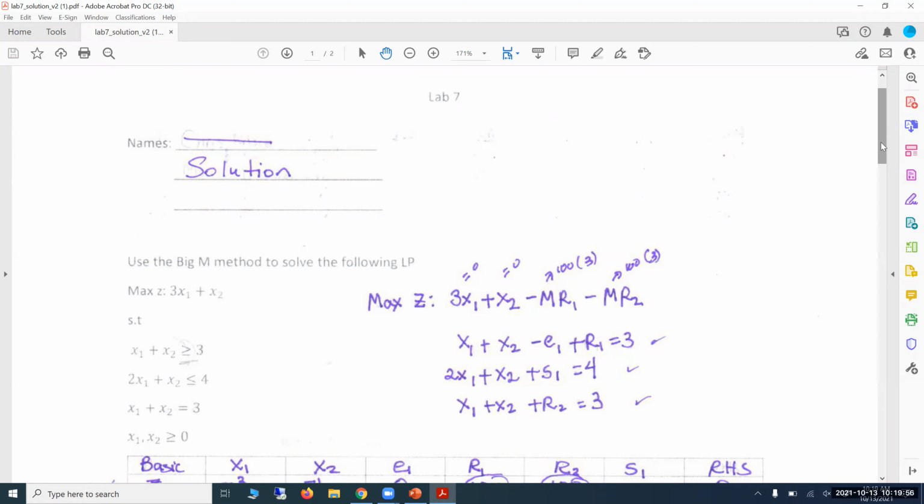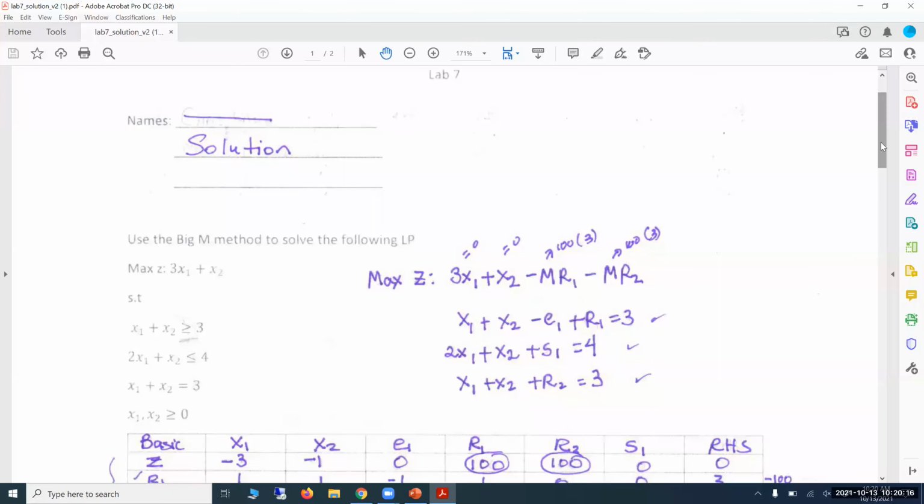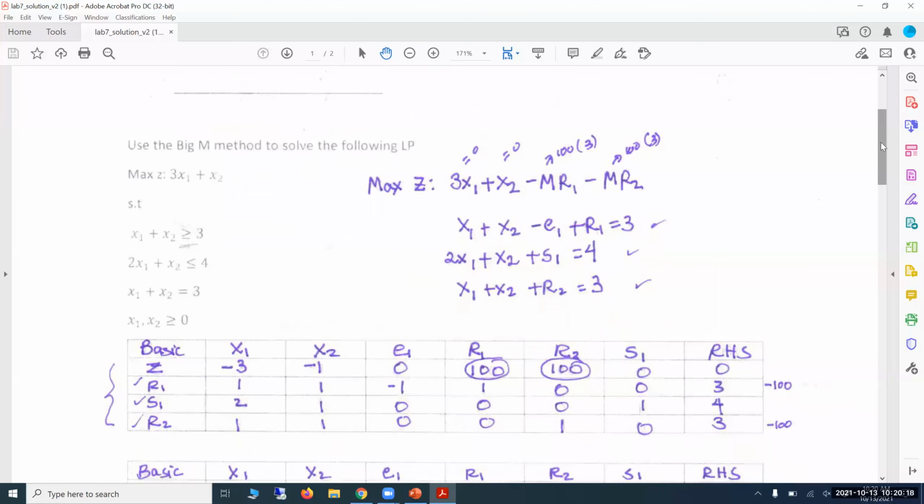Questions? So I'm letting M equal to 100. Again, the size of the coefficients in the objective function are units, so I can use 100. And then to set up my initial tableau,